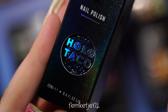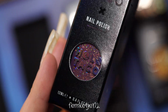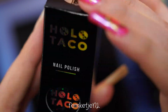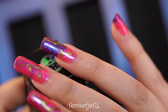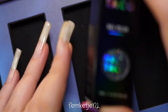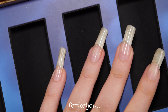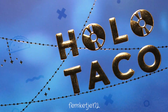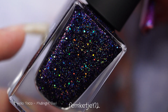I'm usually not a big fan of the reflective top coat kind of polishes because the effect of the reflectiveness is only really visible if you go on top with a super bright light like the flashlight on your phone, or even the lighting that I use to record my videos with. I feel like in real life, if you're underneath a lot of artificial lighting and then you use your flash on top, it is a more spectacular effect than what I was able to capture on camera. So I don't know, I'm a little bit torn between those kind of polishes, but let's just get into the